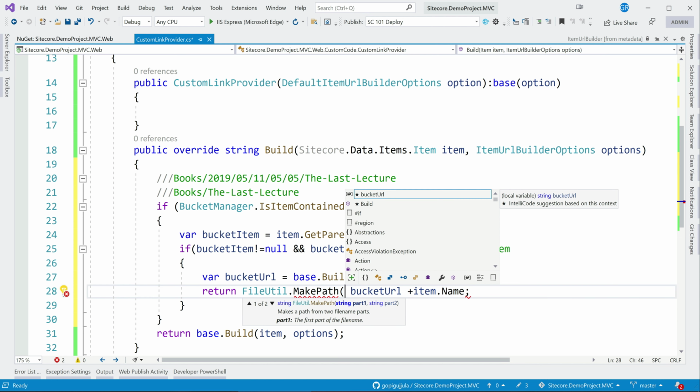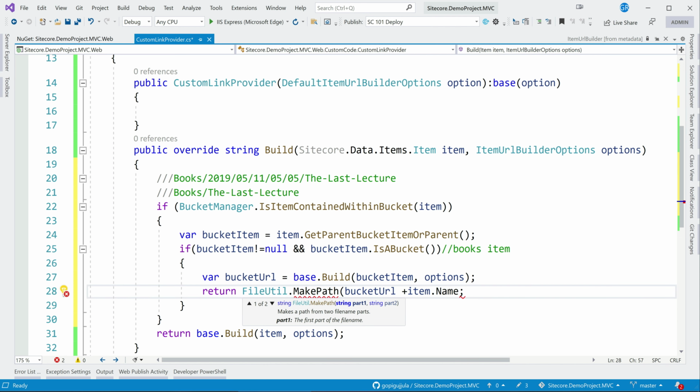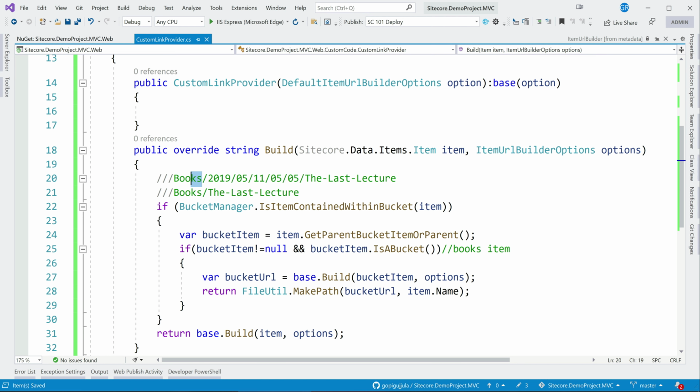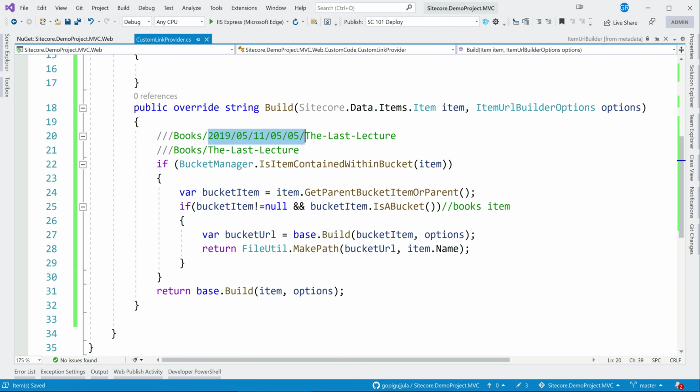This takes strings, so bucket URL and item name. Okay, so this is how it generates the URL. Now what we are doing is we are getting this item and generating the URL, and finally we are appending this. So this is all gone from here, and now that's all that is required for here.